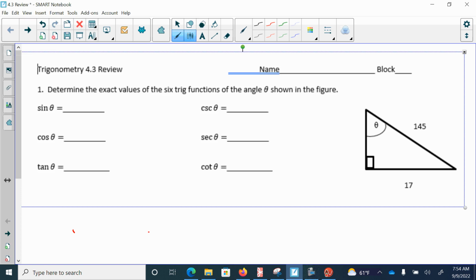Hello, this is Mrs. Ward, and I am going to go over the review worksheet for section 4.3. The first question says, determine the exact values of the six trig functions of the angle theta shown in the